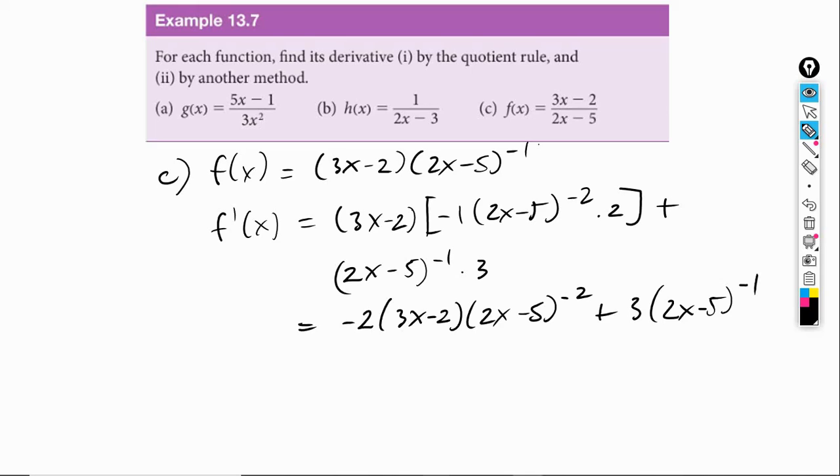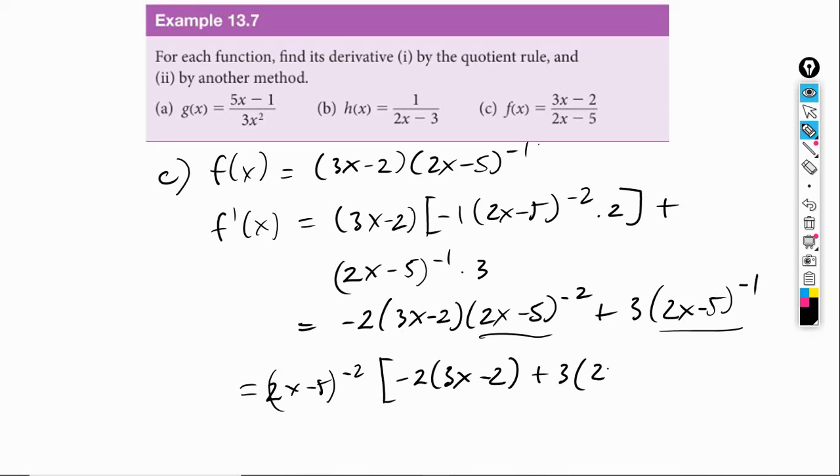And now what I'm going to do is factor this out because it's a common factor: 2x minus 5 to the negative 2. It has to be the lowest one. And this times negative 2 times 3x minus 2 times 3x minus 2 plus 3 times 2x minus 5. Notice that this is to the 1, because in order to get this,